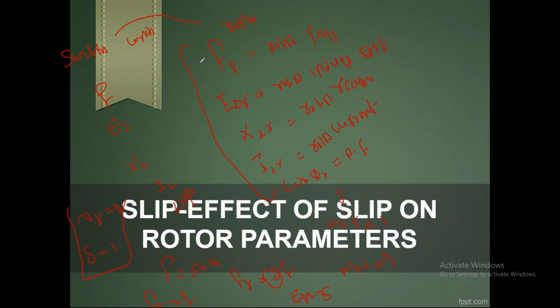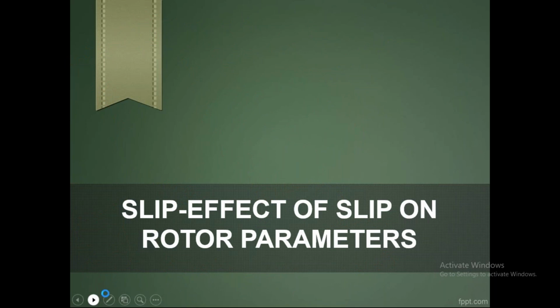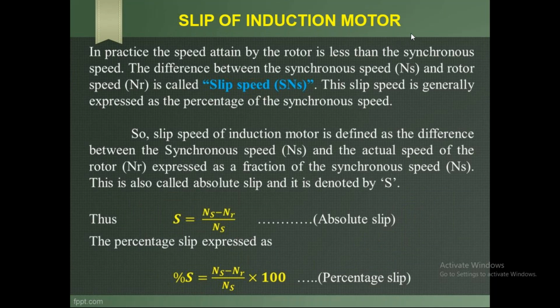So this, please remember these 5 parameters in rotor, that is rotor frequency, rotor induced EMF, rotor reactance, rotor current and power factor. So these 5 parameters are very important, and these 5 parameters give how much speed has to be rotated by the induction motor. Right, see here, generally in practice the speed attained by the rotor is less than the synchronous